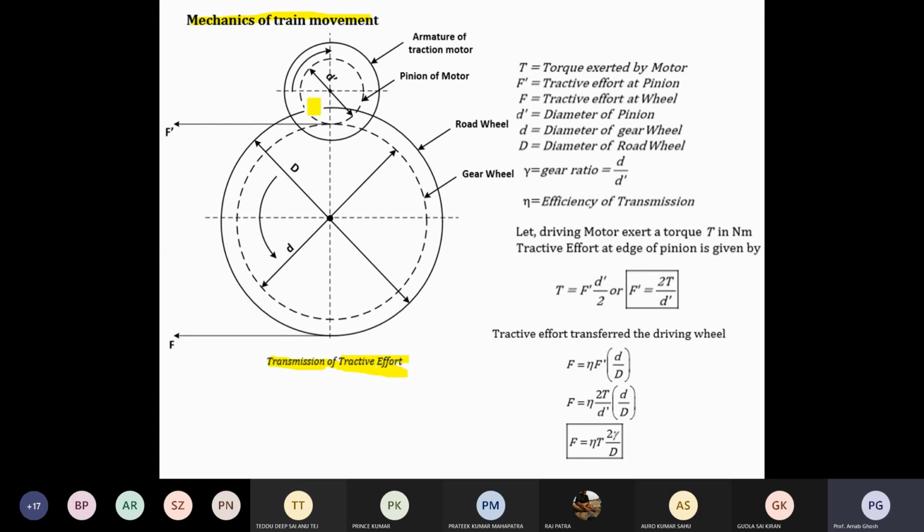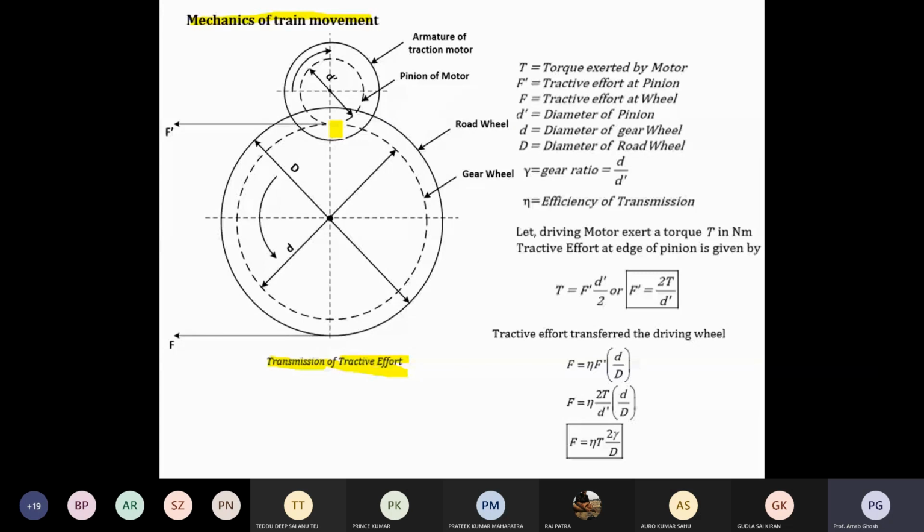You can understand that the first one is called the pinion, the pinion motor, and the last one is the wheel. Sorry, that is called the pinion wheel joint. There are different teeth, and you know the gear. Based on the gear ratio, you can calculate the motor speed. So first you have to select the gear value, how many gear teeth there are, and based on that you can define the value.